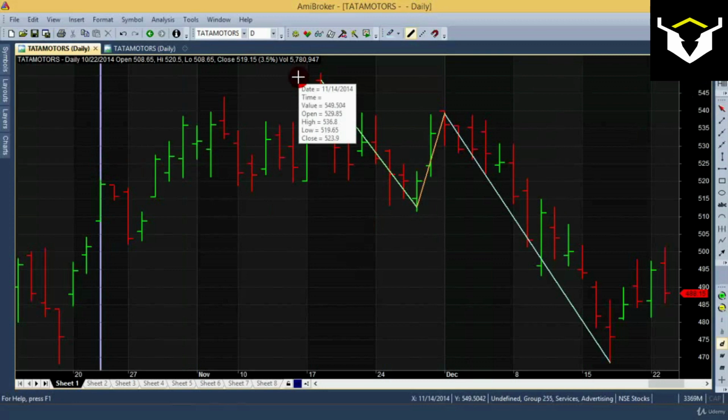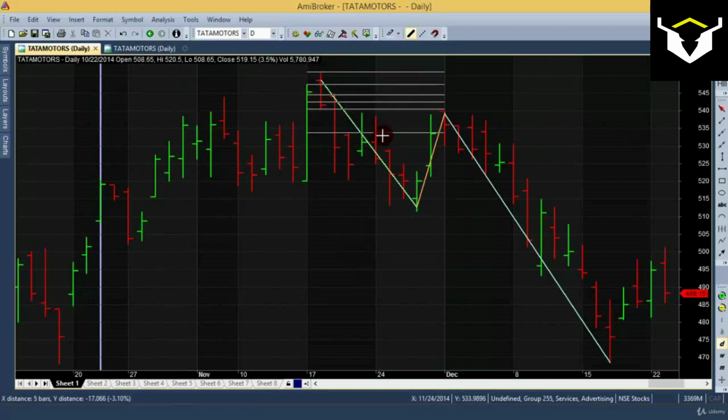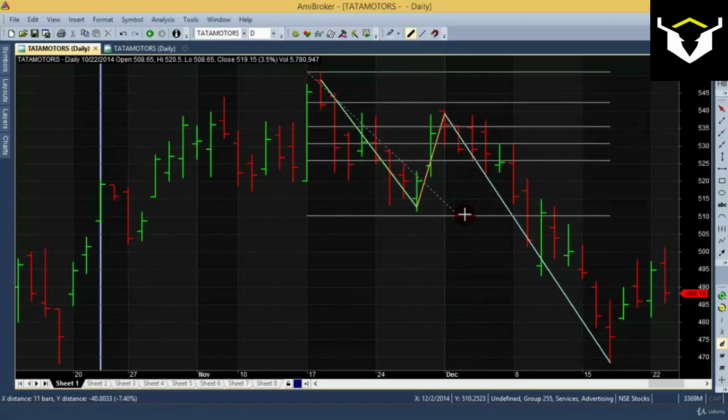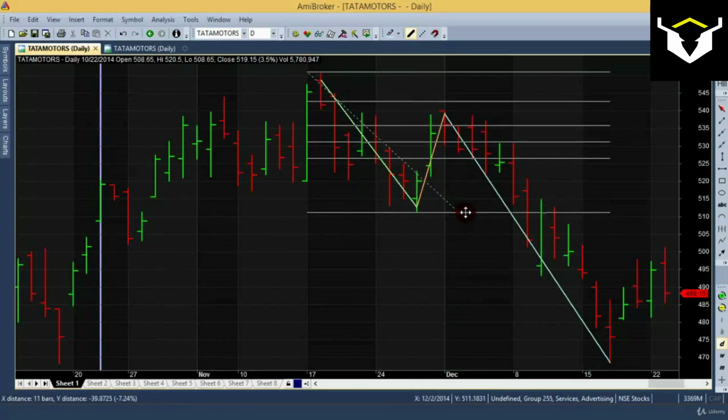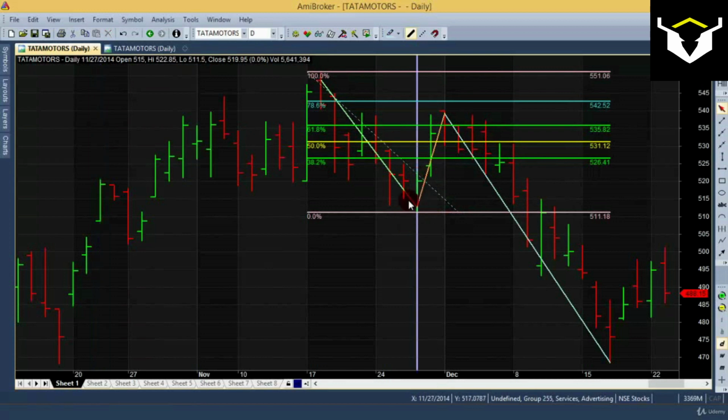Now since I am plotting retracement towards a downward moving market, in here I will first select the top point, the topmost point, click on it and drag to the lowest point. This is the lowest point. The low of this bar is the lowest point, and you can see my retracements are plotted and prices found resistance in the zone